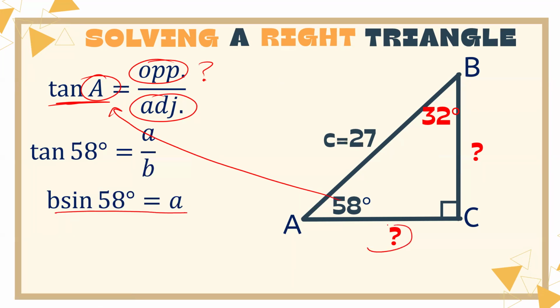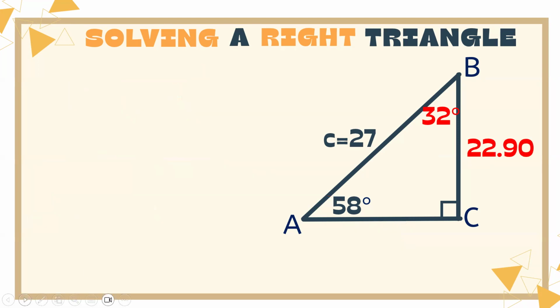So we are solving for, this is a and this is b. So we do not know a and b if we use tangent A when solving this problem. Okay, so let's say we have b times tan 58 degrees equals a. So since we know that a is 22.90 already,